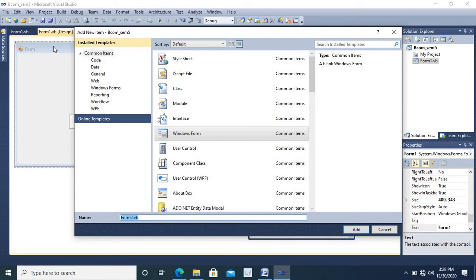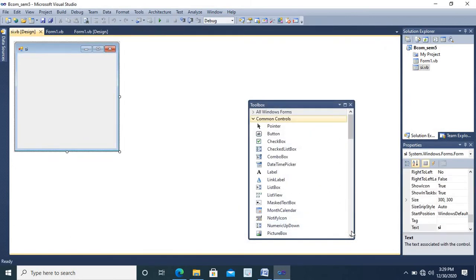As we are designing an application for calculating simple interest, let me give the name as SI. Any suitable name can be given. Click on add. So this adds one more form. You can see in the Solution Explorer, the SI form is added.